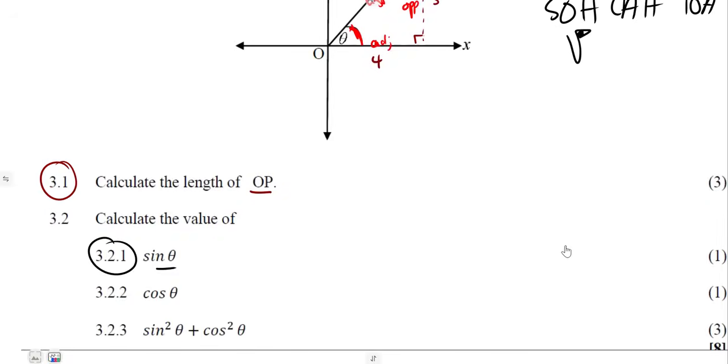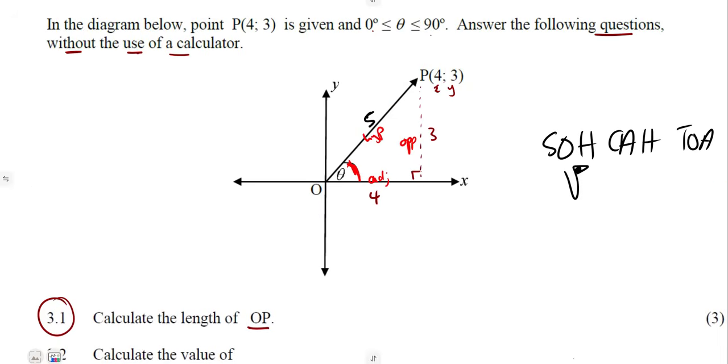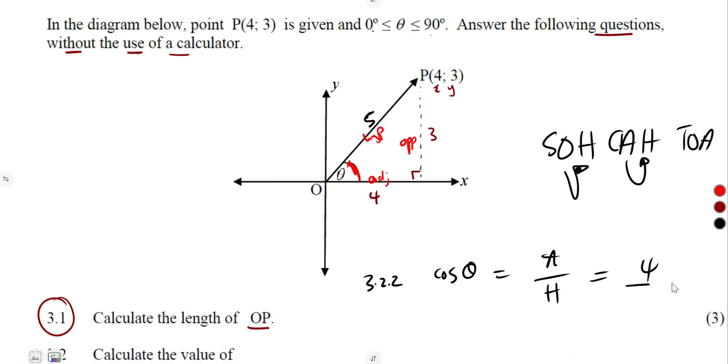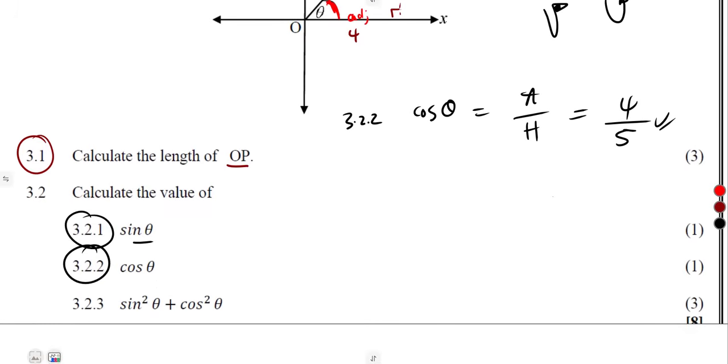Let us move on to 3.2.2, the cos of theta. The cos of theta is adjacent over hypotenuse. So adjacent is 4 and hypotenuse is 5. Just like that, 4 over 5, you're done. All right, then let us move on to the other question,